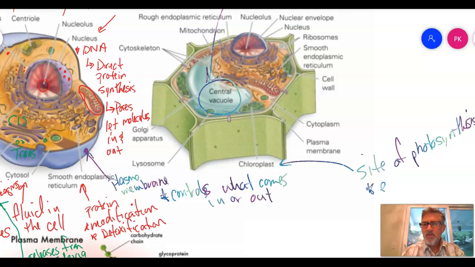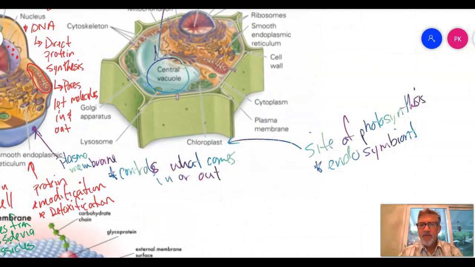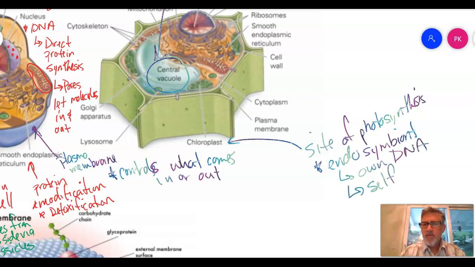And this is also an endosymbiont. So there are two endosymbionts: there are chloroplasts and there are mitochondria. And both make stuff, right? So this means it has its own DNA, it self-replicates. So sometime in evolutionary history, organisms captured these and they started making energy, and then we could go from single